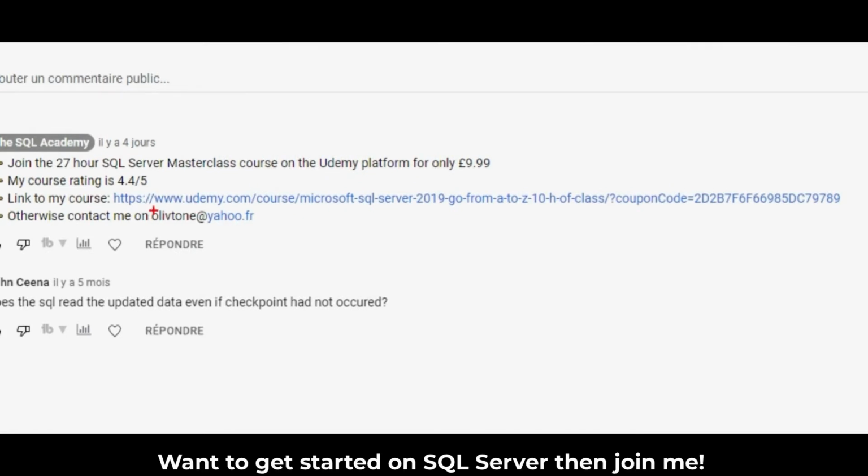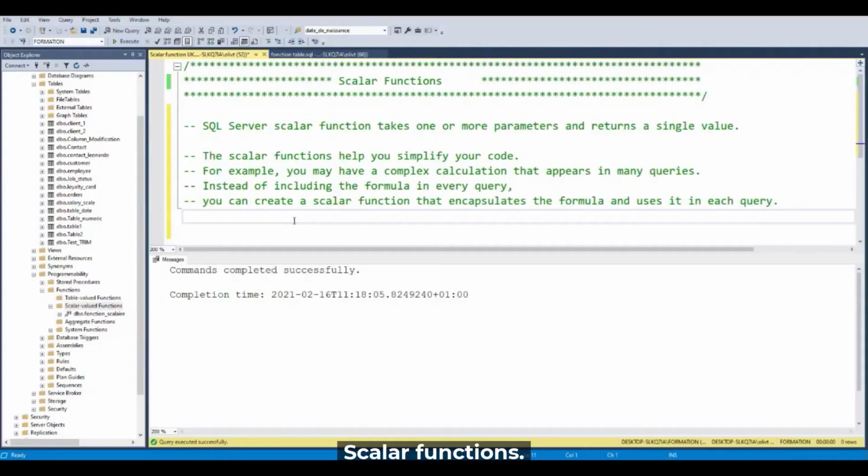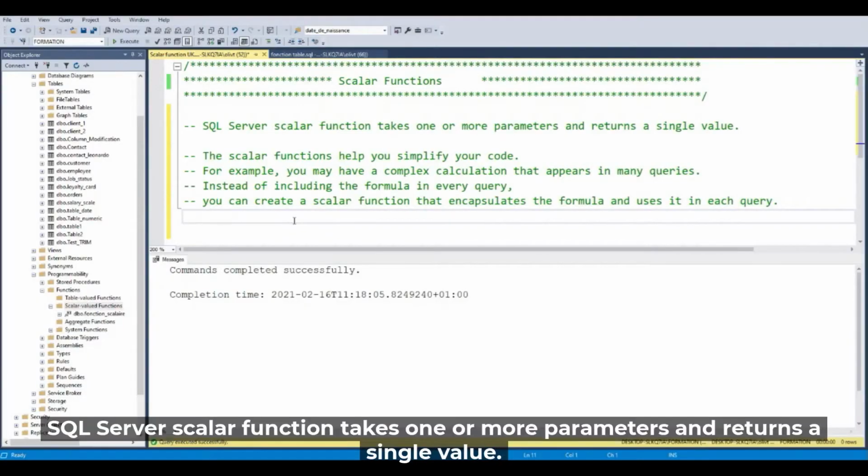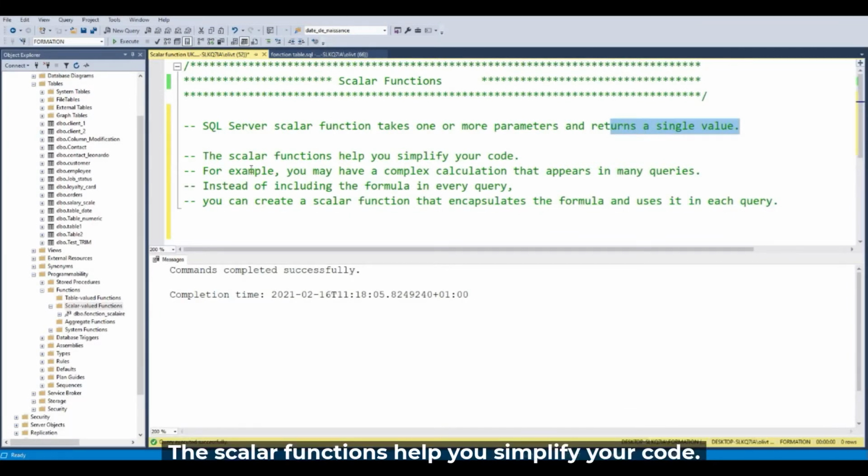Okay? Want to get started on SQL Server? Then join me. The scalar function. A SQL Server scalar function takes one or more parameters and returns a single value. Okay? The scalar function helps you